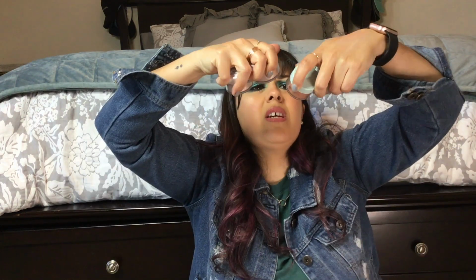I have one of the Super Shock Cheeks in Butterfly Beach. It has not been touched. Oh wow, it's still soft to the touch, probably because I've never used it. And it's too dark. So I'm gonna get rid of it. It is too dark for me. And then I have 4 of these